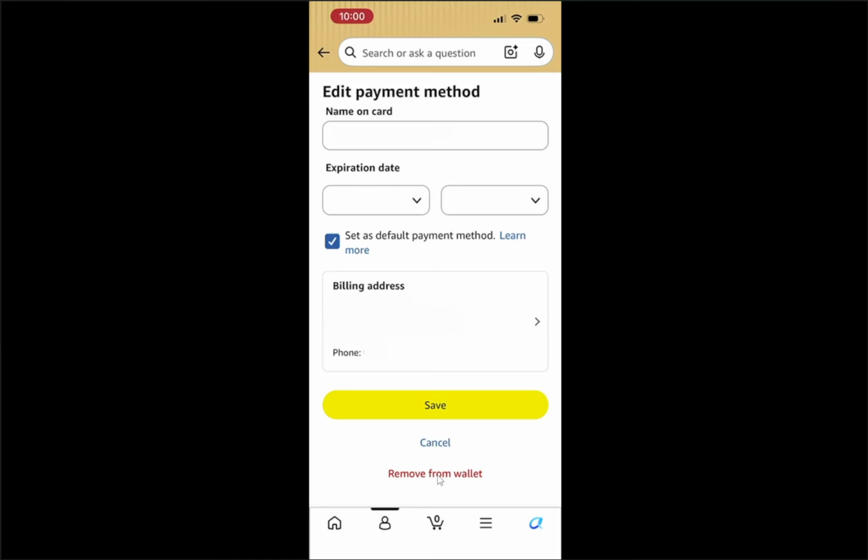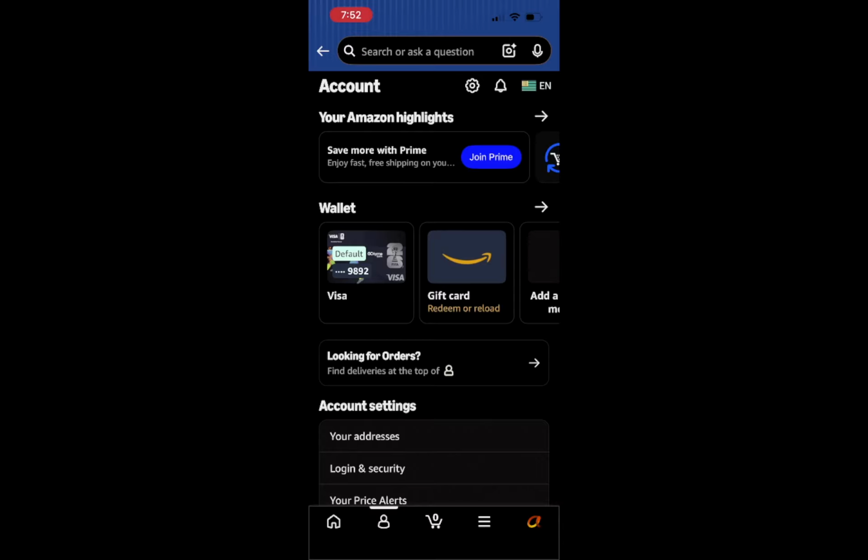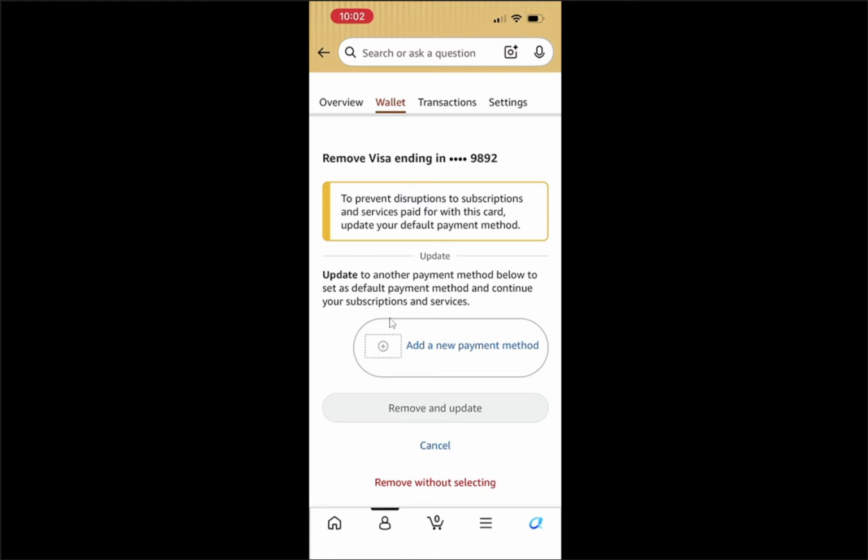Right after you tap, Amazon usually brings up a small confirmation prompt, so you do not remove it by accident. Finally, confirm by tapping Remove or Delete. After you confirm, the bank account disappears from your Amazon payment methods list and you will no longer see it in your payments. If you return to the wallet screen, that bank account will no longer be available for checkout. You have now successfully removed a bank account from your Amazon shopping app wallet.